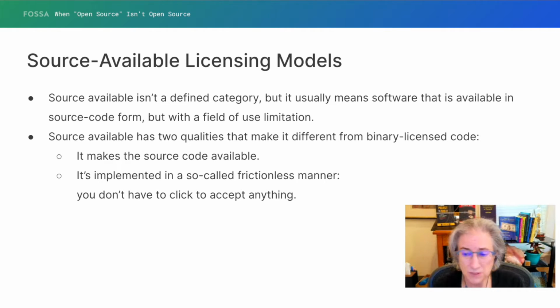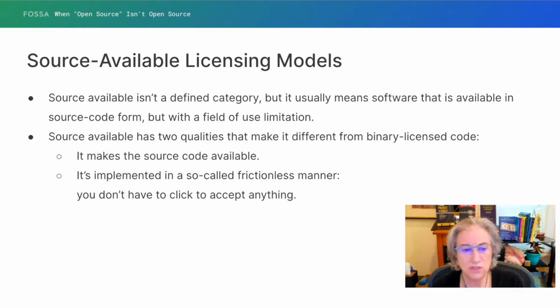So it's implemented like open source licenses, meaning you usually download the software and there's a license included in the software. Same way you would find out what the license was for open source software. So you usually don't have to click to accept anything, but the license grants broad enough rights so that if you don't accept the terms and you reject them, then you wouldn't really have the right to do what you wanted to do with the software. That's the legal theory on which the frictionless method